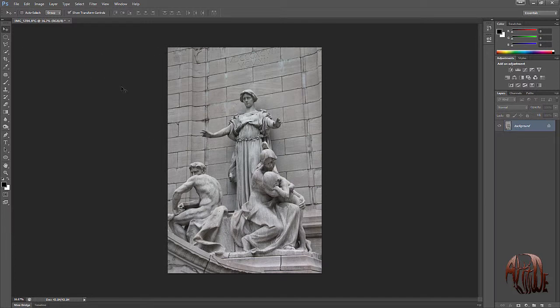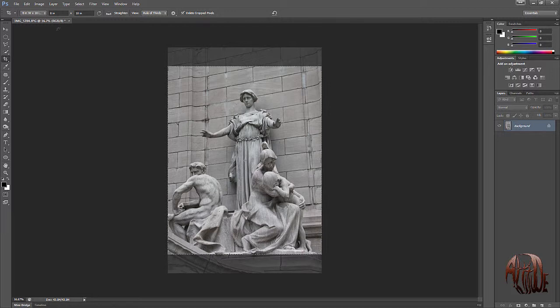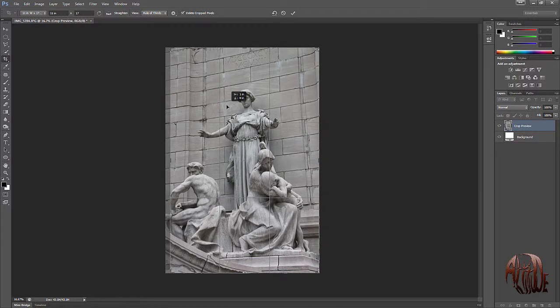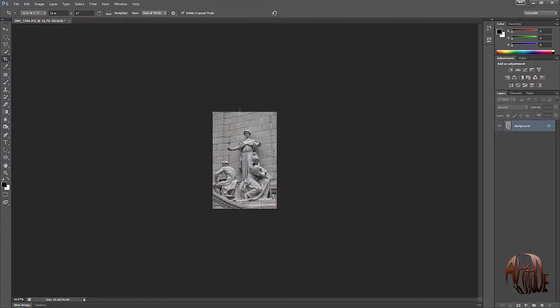Here you go. Let's say I want to just make sure that the crop is okay. I'm going to crop it maybe, let's say, 11 by 17, and the width will be 11. The height will be 17, and then I'm going to position it in the right place where I want it to be. I'm going to double click that. Alright,